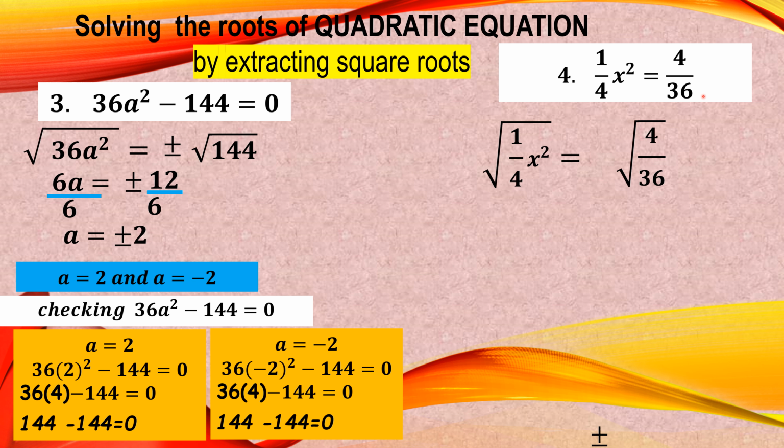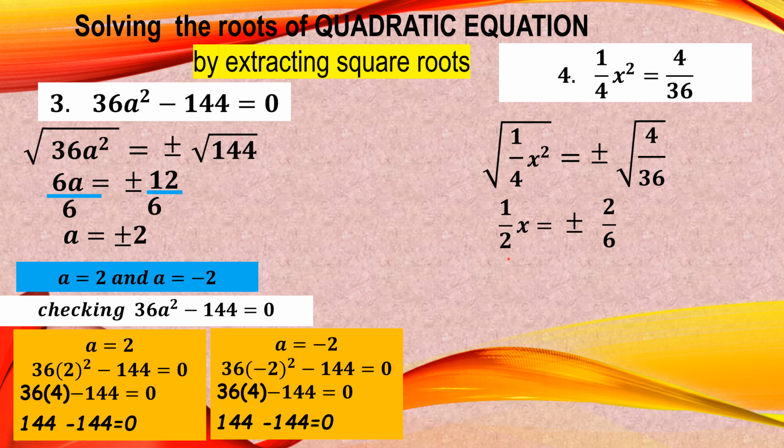So, we are done extracting them. And then, we have the double sign. And what is the square root of 1/4? The square root of 1/4 is 1/2. The square root of x squared is x. The square root of 4 over 36 is 2 over 6. And so far, we are not yet done because x has a 1/2 as a numerical coefficient. So to isolate the x, because 1/2 x is the same thing as x over 2,